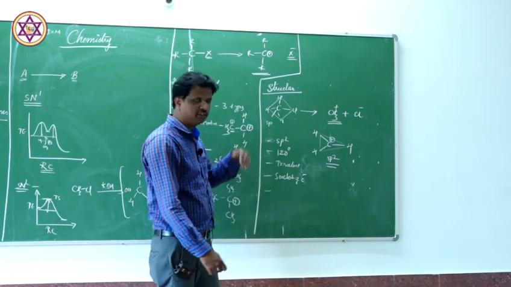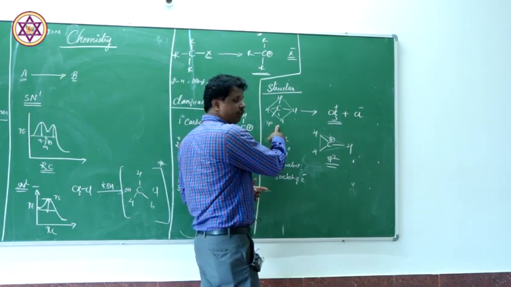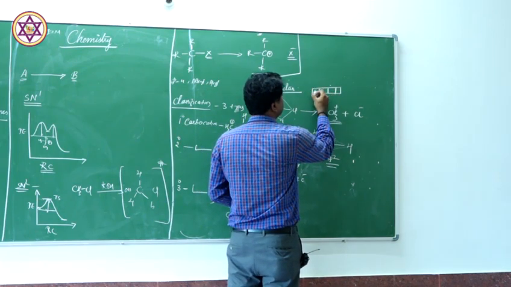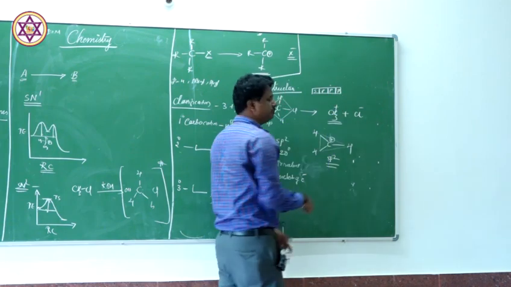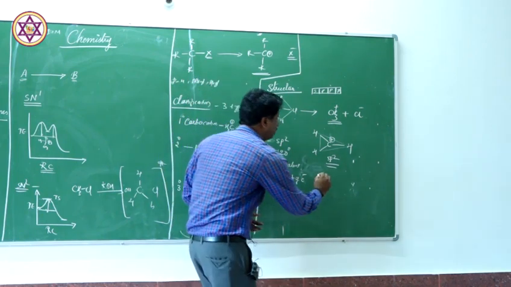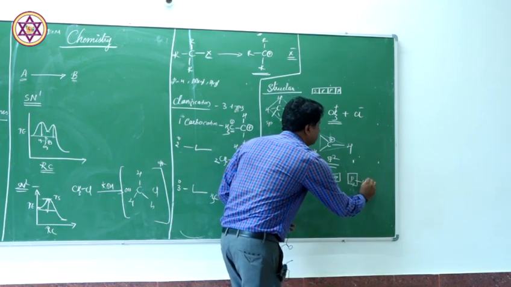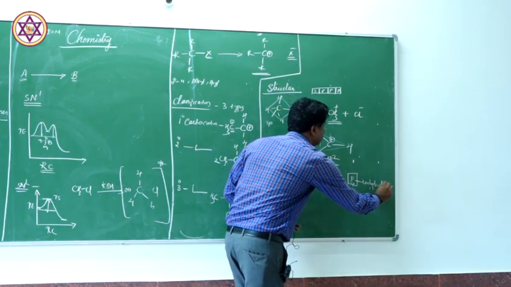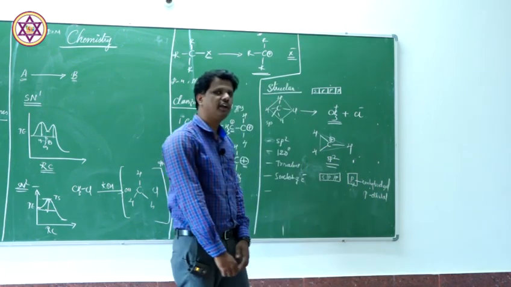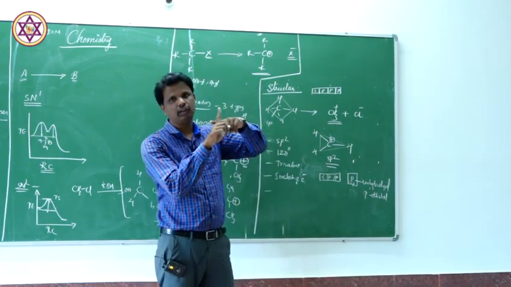Now, finally, we will talk about the stability in the next order. I hope you understood how things happen. Earlier it was sp3 hybridized. Imagine like this: s p p p. This was the hybridization before the cleavage of the bond. Now, after the formation of the carbocation, it becomes s p p, and this becomes an unhybridized p orbital. So this unhybridized p orbital will lie parallel to the existing bonds.